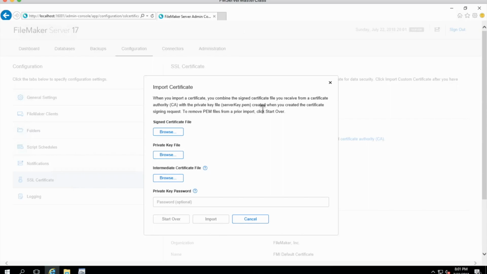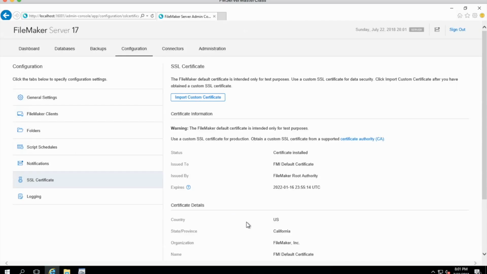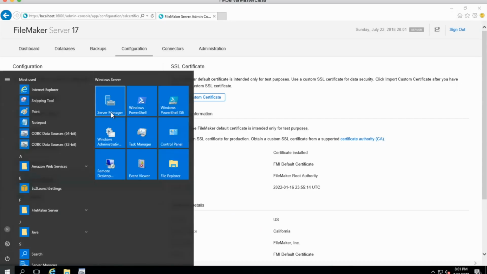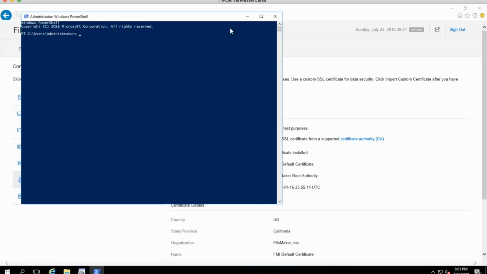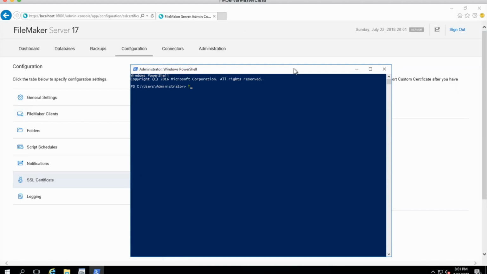Now you'll notice here that unlike the previous version of FileMaker, you can't generate a CSR, which is a certificate signing request, directly in this admin console. So you actually have to go and do that in the command line itself. So if you open up your command line here, now